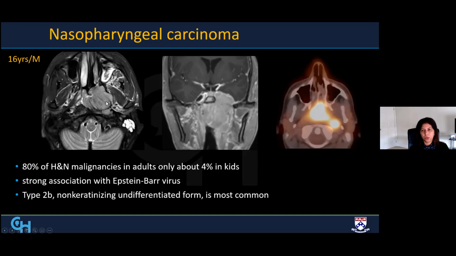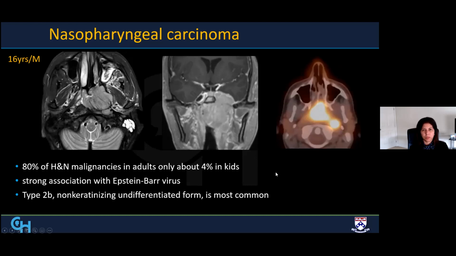It is notorious for perineural spread and has a propensity for skull base invasion, as you can see in this case here. The majority are the undifferentiated type in children, and also notice the very high uptake and lymphadenopathy which is involved, and that will be very important to see for staging of these